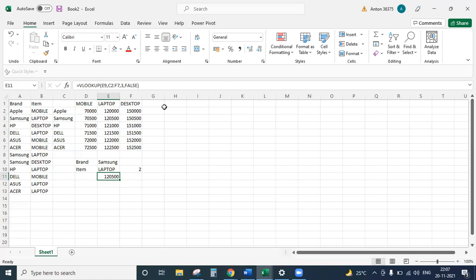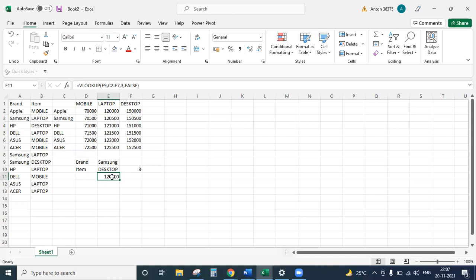Now, let's test it out. We are not done. Laptop. Let's make it desktop. But see, the value of that 120, 500 didn't change. Now let's do some magic and let's make it totally dynamic.